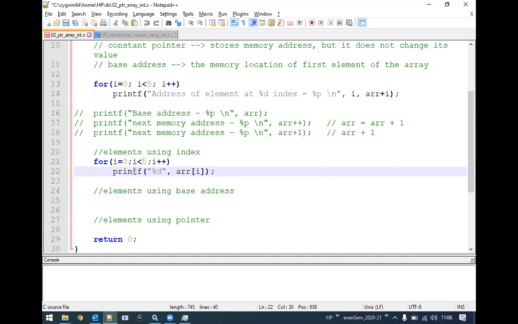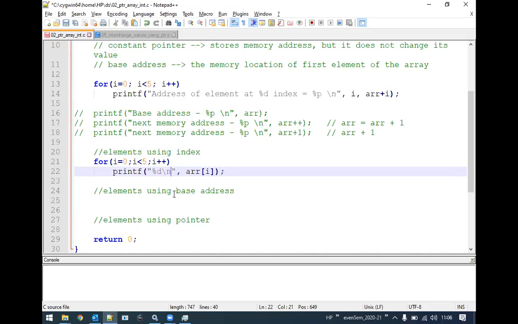When we give the name of the array followed by square brackets, and within them the number, the element at that index position will be fetched and displayed. The first time i is 0, so the 0th positioned element is retrieved. Like that, from the 0th position to the 4th position, the last element, all the elements will be displayed on the screen.